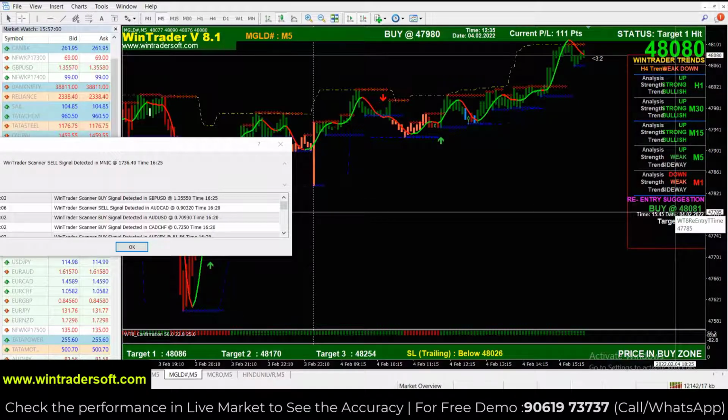In gold, you know that with the first target we are in profit of 100 points. After that, the software gives a re-entry option. It totally depends upon you. If you don't want to take a risk, then you just wait for the next signal. If you don't want to take a re-entry position, then you just wait for the next signal to come. If that next signal is a sell signal and the sell signal is confirmed, you can directly take the position.